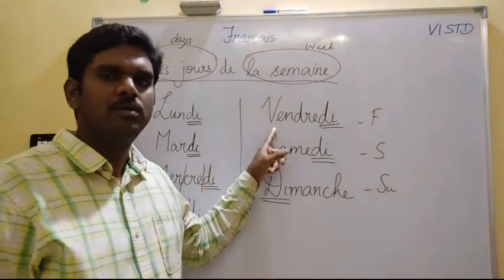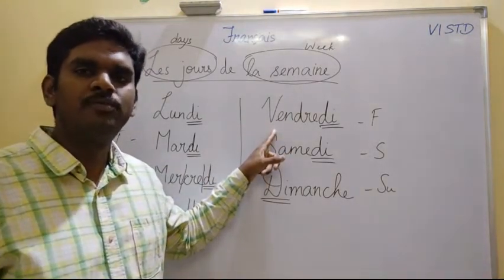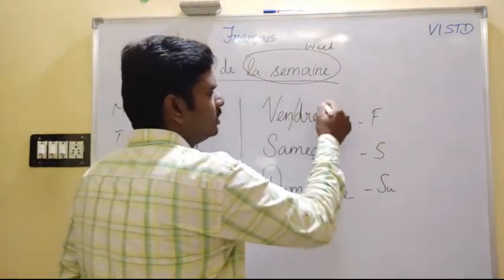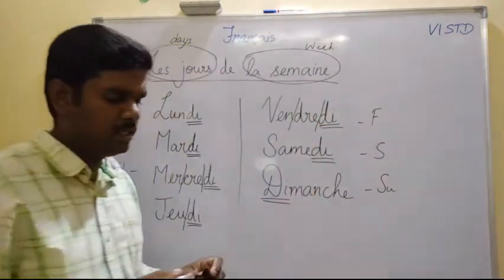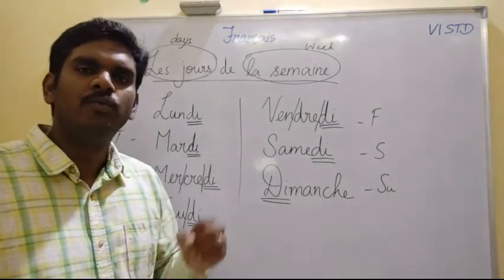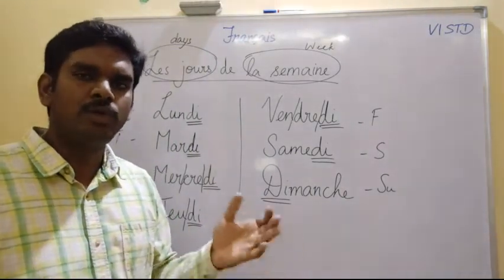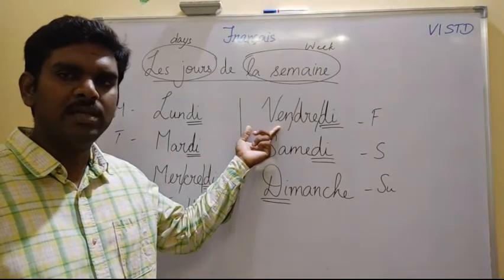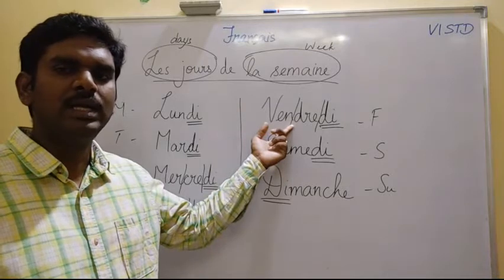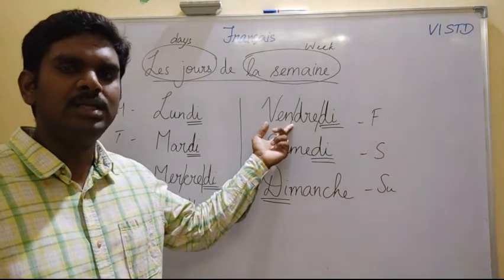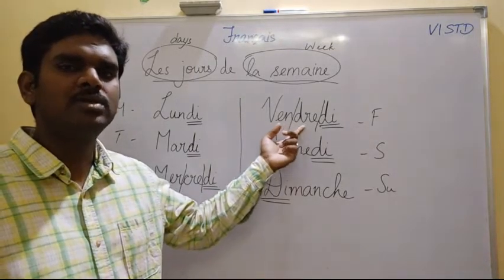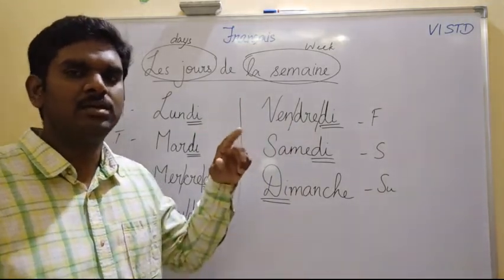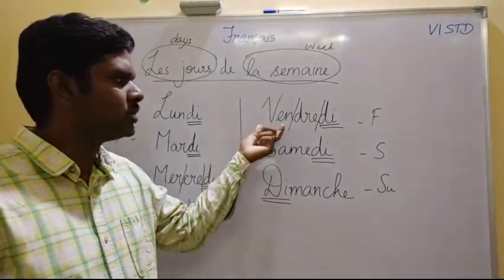Now, vendredi. So we will cut this. Vendredi. The spelling is V-E-N, vendre, D-R-E, D-I. So as I said, every day will end with D-I. The spelling will end with D-I. So the syllable is